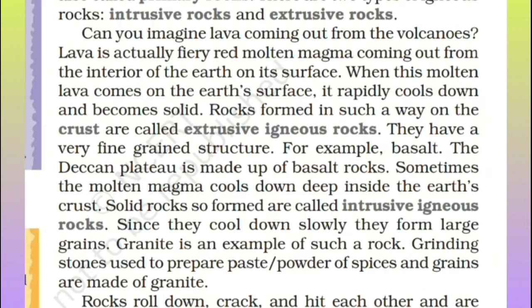Okay, we have found earlier that there are two types of igneous rocks, right? Intrusive and extrusive. So this molten magma which has come out to the earth's surface and has cooled down very rapidly is called the extrusive